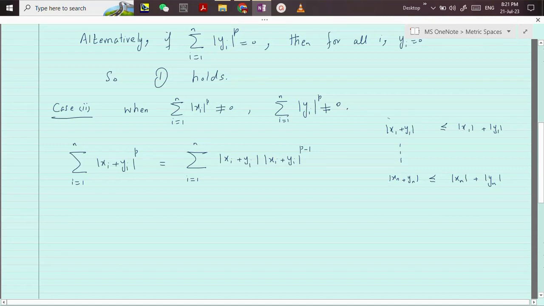When we sum all these inequalities, by adding the left hand sides and right hand sides, we get in this way: